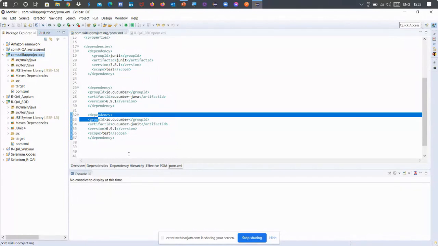So the moment you convert to cucumber project, you could see a cucumber symbol here. The moment you right click and convert to cucumber project, you could see a green color icon out here, which represents that this is the cucumber project, right? So now